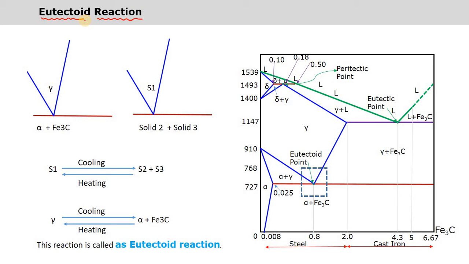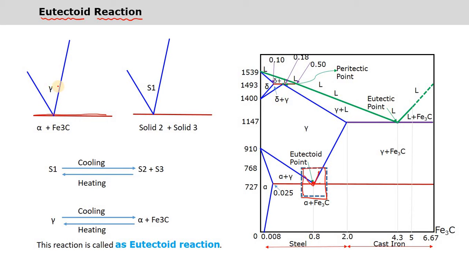To write the eutectoid reaction, first of all locate the eutectoid point in the iron carbon diagram. So this is that eutectoid point. Around this eutectoid point, draw a rectangle like this. Then sketch the appearance inside the rectangle, that is this V shape and this horizontal line. So I have sketched the appearance inside the rectangle here.